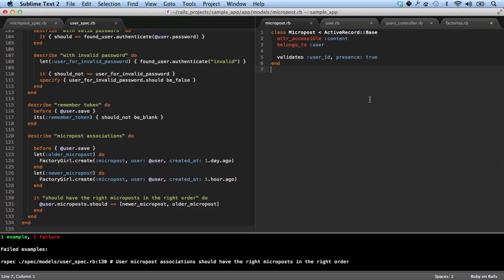Now there's actually something a little bit wrong there. We'll see what that is in a second. Alright, the way to set the default order is with what's called a default scope. So ActiveRecord has a method called default scope, and we can give it an order key. And then we need to give it the column to sort on. In this case,